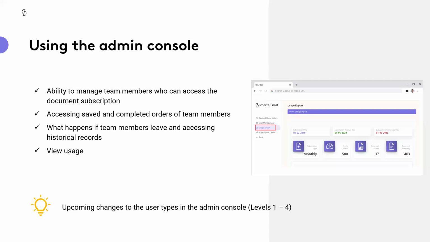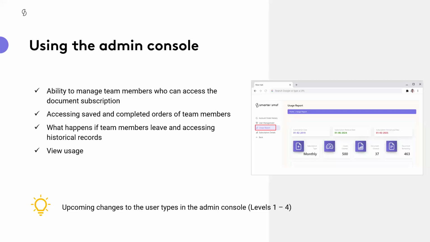This is all about putting the power of those document subscriptions in the hands of you, the users, and putting some controls around who does what,